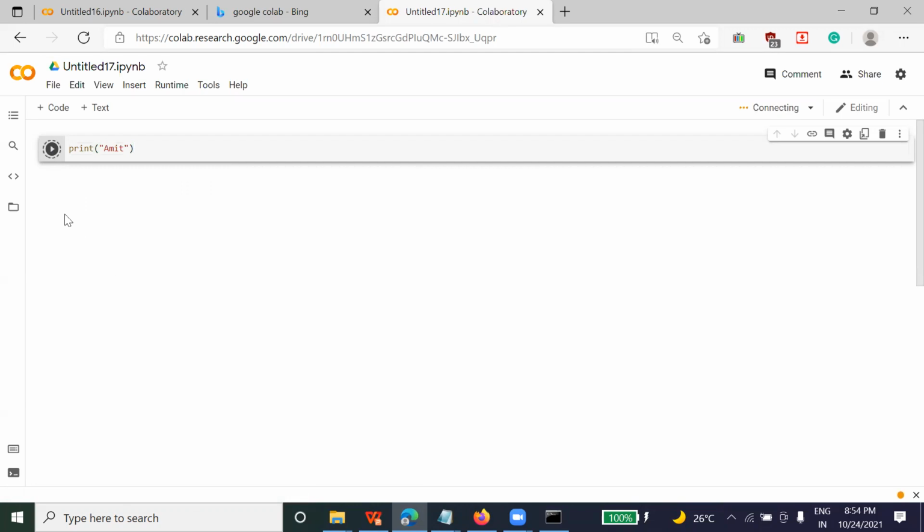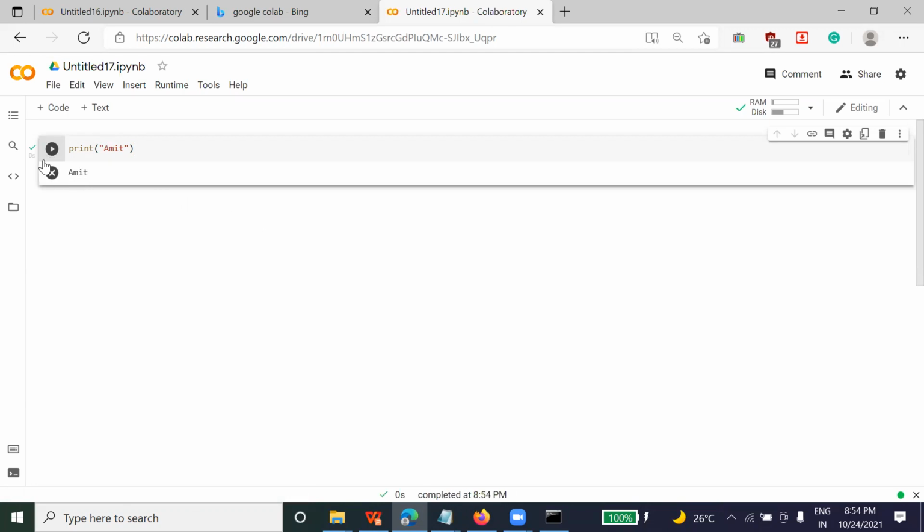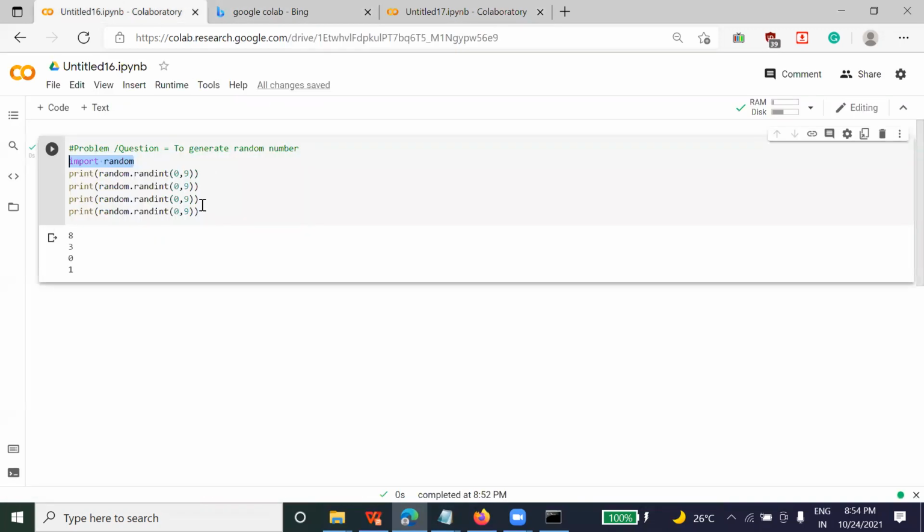Once you click on that, it will take some time because it works with the internet. You are going to see the green tick mark and the output here. Same thing here, this 4-digit OTP is generated based on this rand int.